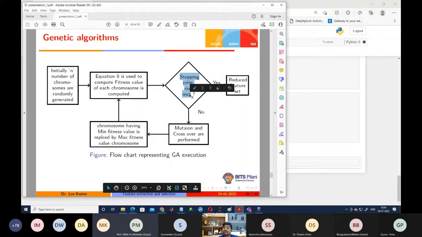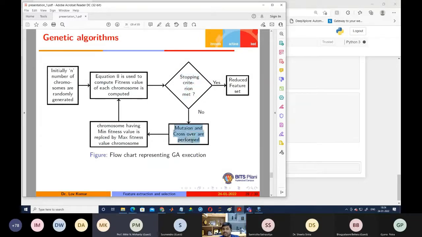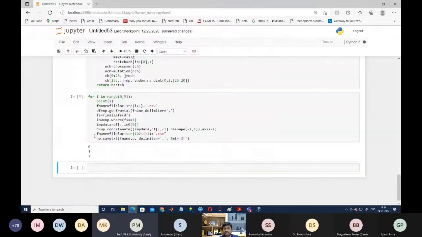So we are using here 50 different generations. We go through the 50 generations, and then we find the best combination we got. That is called the generation. Then we go for the mutation and crossover, and after that we go for the new generation, and we follow the same approach to generate the new set of features. So now you can see it starts working here. It will work for 51 different projects, and it will generate the best combination of features.